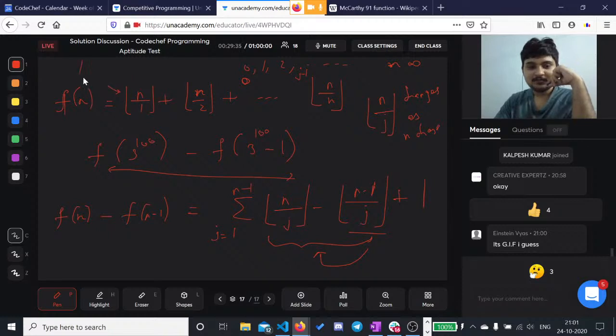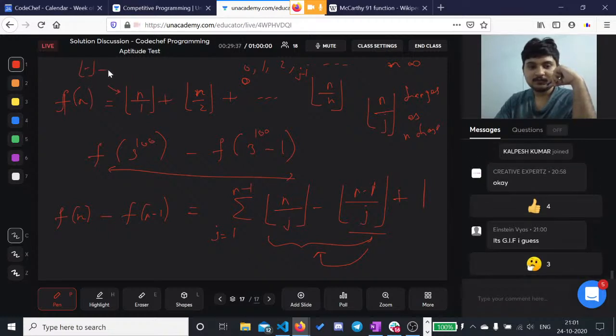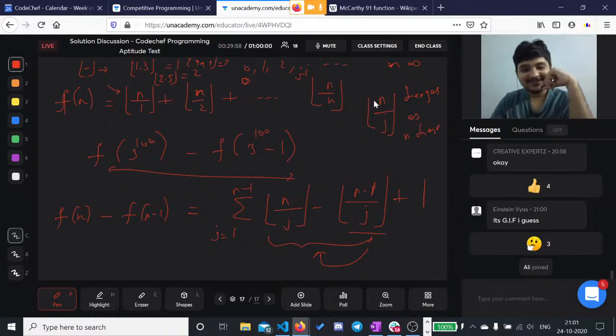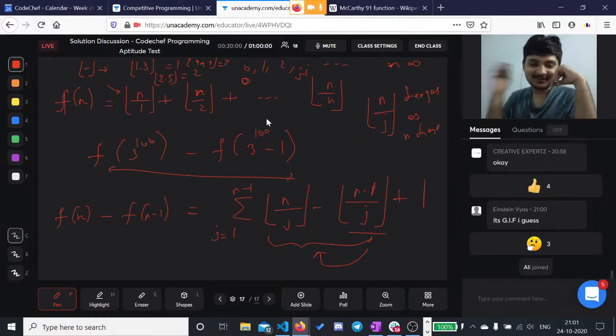The floor of x is the smallest integer less than or equal to x. So floor of 1.5 is 1, floor of 2.5 is 2, floor of 2.99999 is also 2. Okay. So if you didn't know what floor is, then this question was a bit out of reach for you. But assuming those people who knew what floor is and who tried out this question,